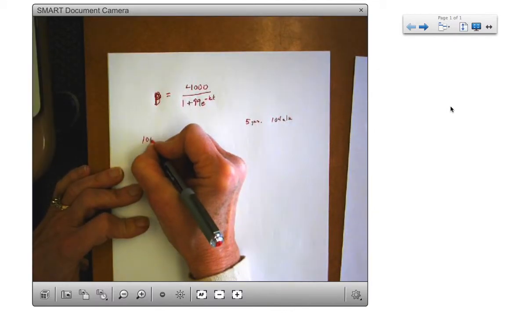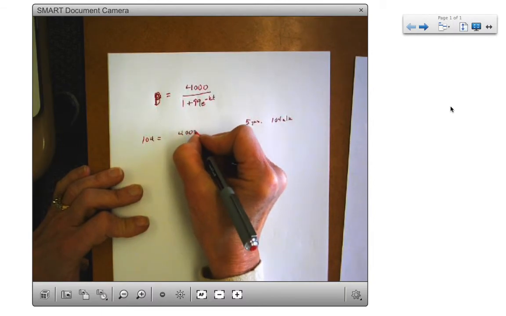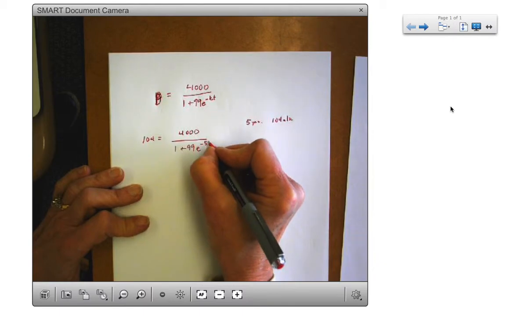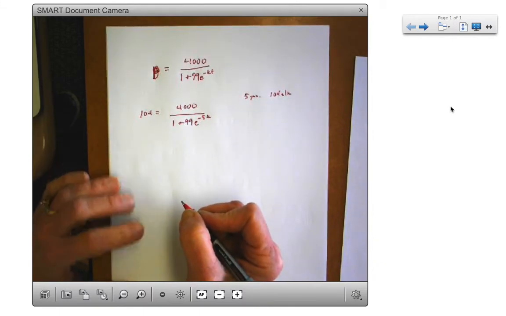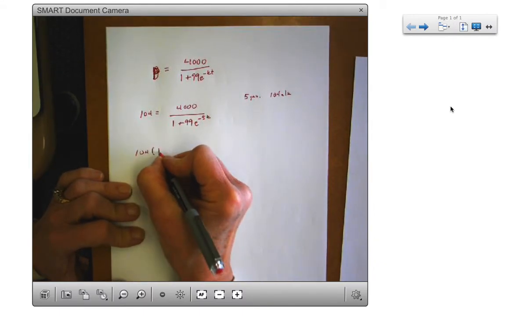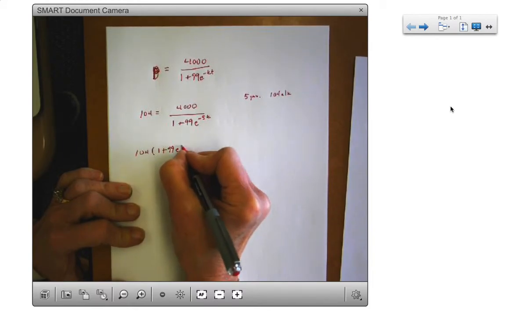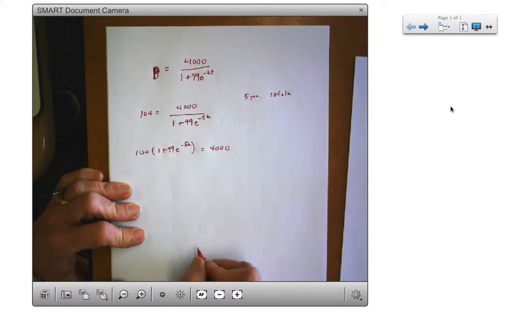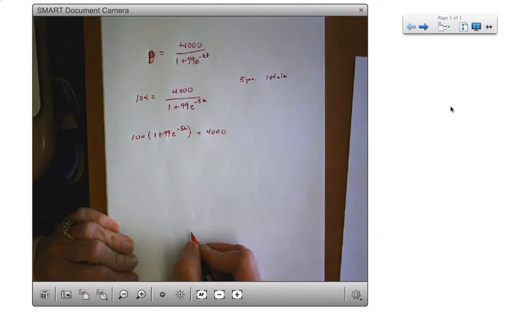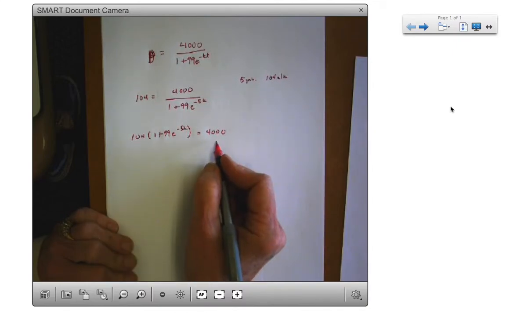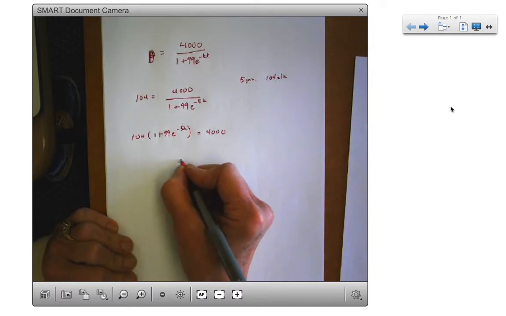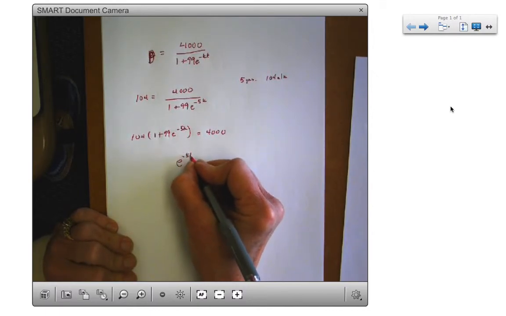So 104 equals 4,000 over 1 plus 99 e to the negative 5k. Use your algebra again. We're going to divide both sides by 104, subtract 1, divide by 99. You're eventually going to get e to the negative 5k equals